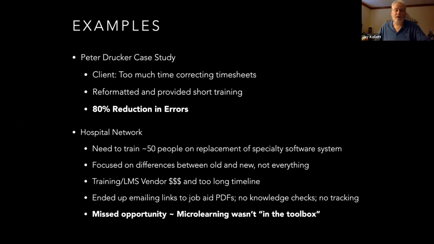They went to their training vendor, who was also their LMS vendor, which was not me, and they came back with an estimate that was too much money. It was really out of budget, and it was too long of a timeline. It was a 3-month delivery. It was what a normal training course would be if you were going to do a large training course related to compliance or onboarding, something along those lines.